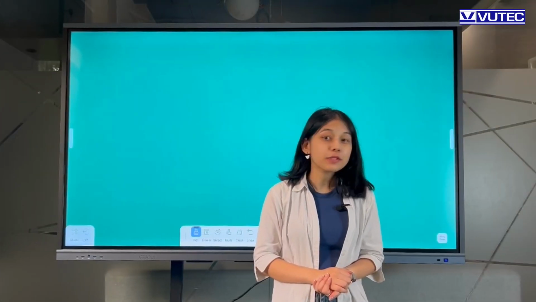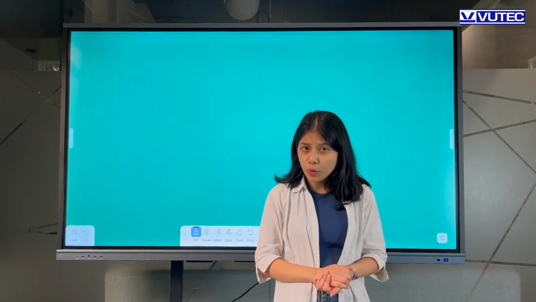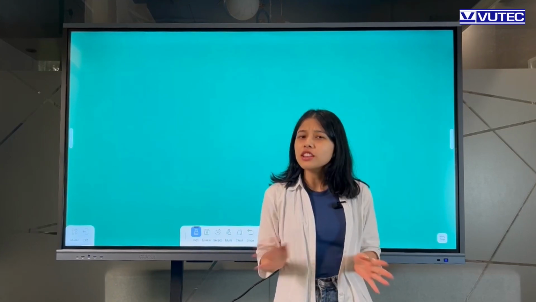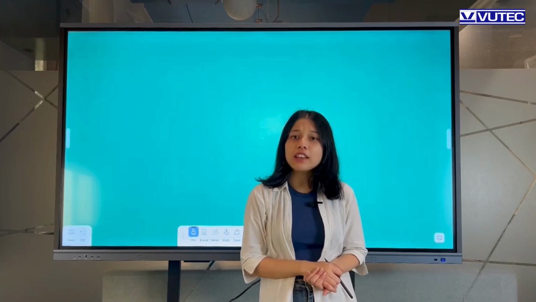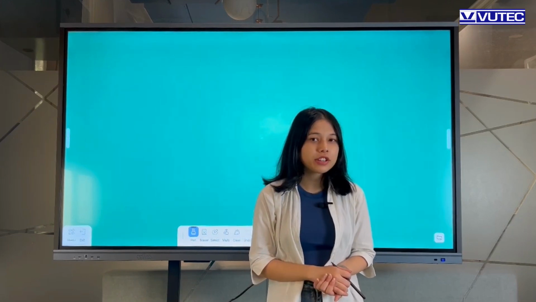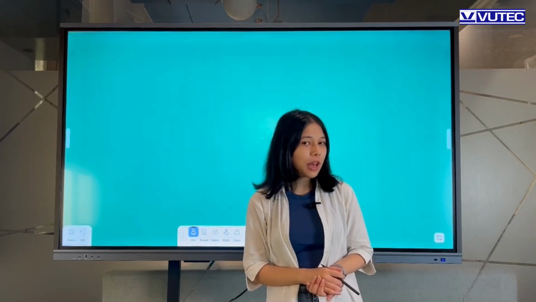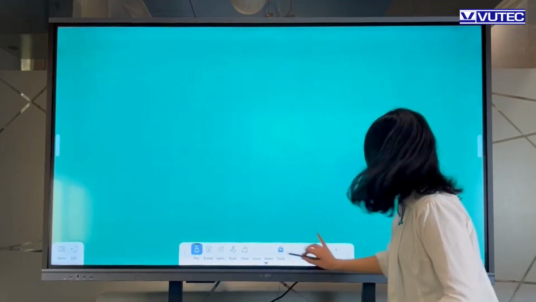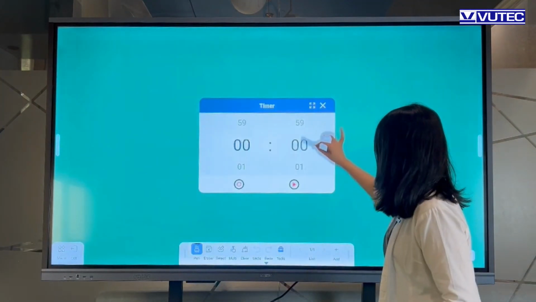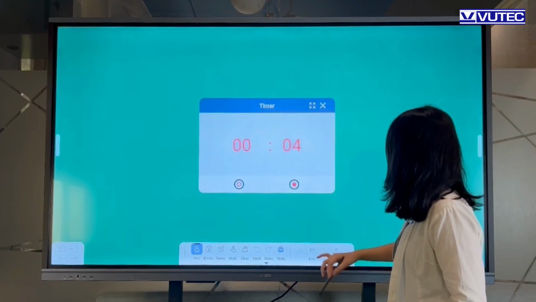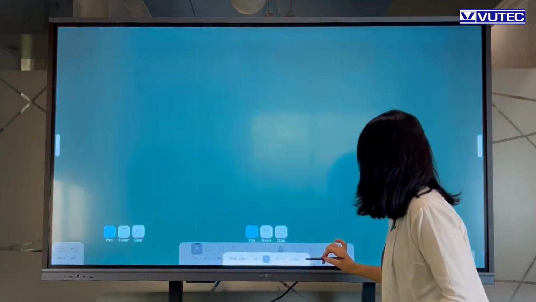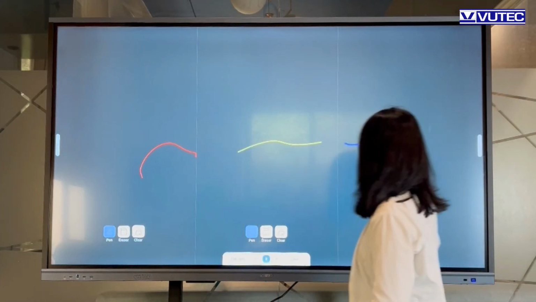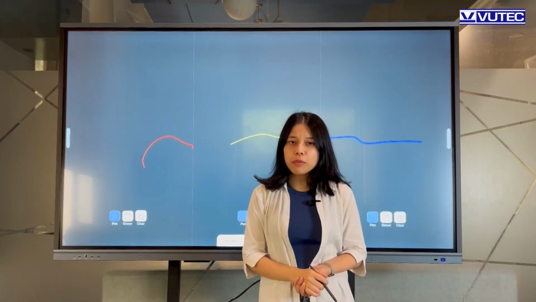This capability is particularly beneficial for subjects that require multimedia resources, such as geography with its map and videos or literature with its interactive text and audios. The tool menu has features like timer and split screen to ensure focused presentations and collaborations. You can set time limits for discussions and split screen to compare information side by side.